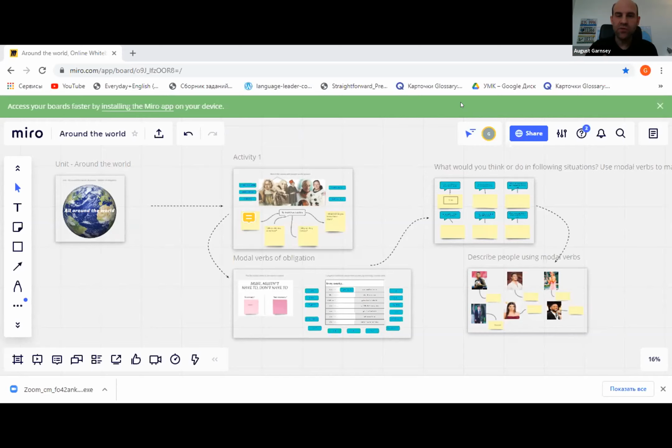So you can move your board over, create another frame box. Here's lesson 2 for maybe next week, or here's the next unit for later in the term. You can just use one board and put multiple lessons, multiple units and multiple classes into the same board. The space is just infinite in Miro. It goes forever. It's an endless whiteboard.